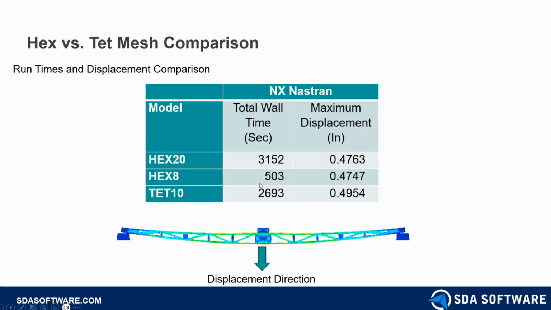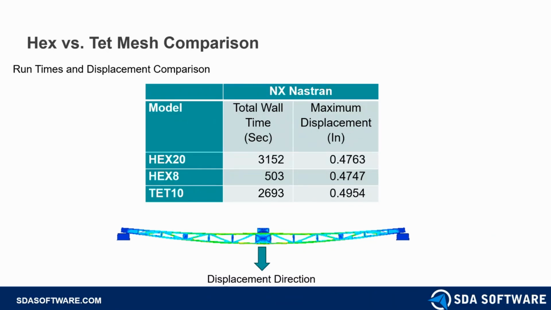Now, how do we compare on deflections and runtime? Well, we can see that the deflections of the structure are almost identical. We're within 20 thou across a 120-inch structure. But where this gets really interesting is the runtime in the model. So the TET 10 took 2,700 seconds. Now you might be asking yourself, why did the Hex 20 take a little bit longer, even though it had fewer nodes? It's because the Hex 20 is a more complex element. And also there are some